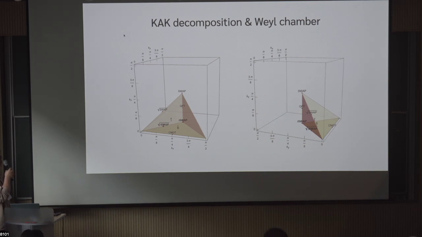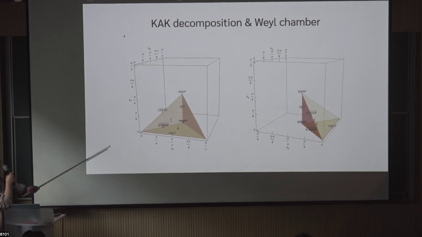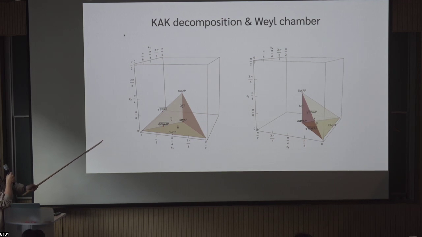Okay, so now we have a three-dimensional representation of the gates, right? And by modding out some additional symmetries in these three parameters, we have this thing called the Weyl chamber, and we can put all equivalence classes of different two-qubit gates in this chamber. And here is some illustration of where those very well-known gates sit.